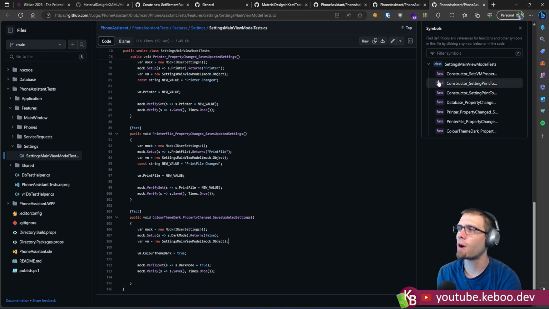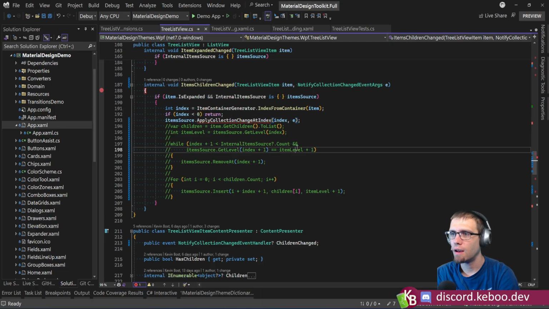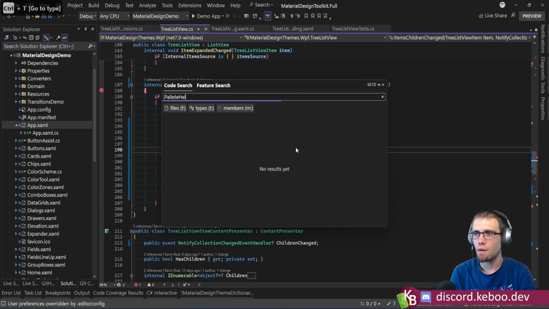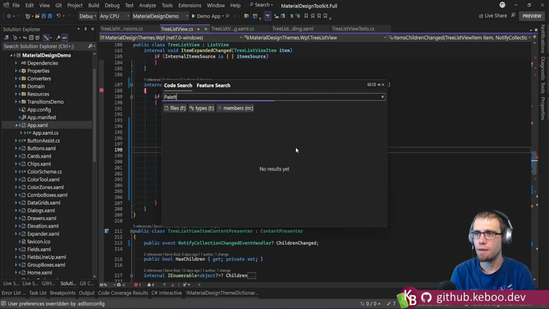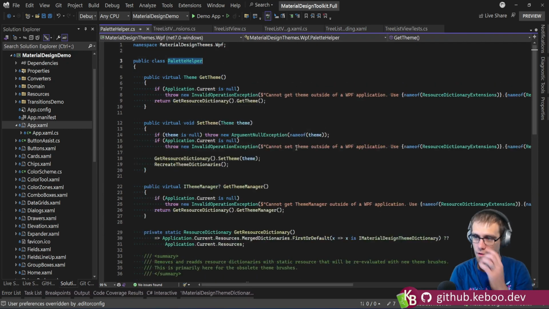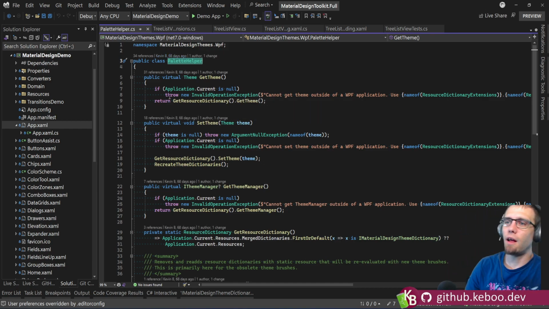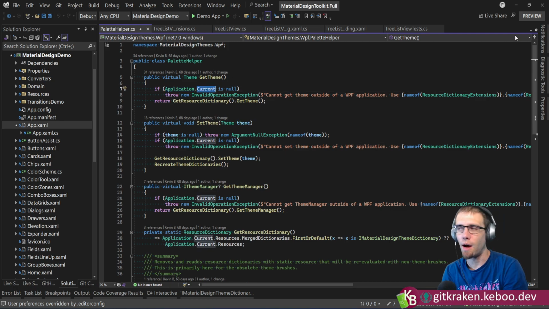The problem is coming because palette helper is trying to access application.current. Because palette helper is going straight against application.current, this is trying to touch a UI object